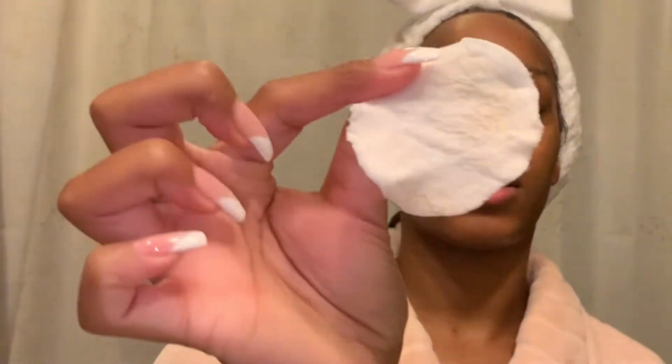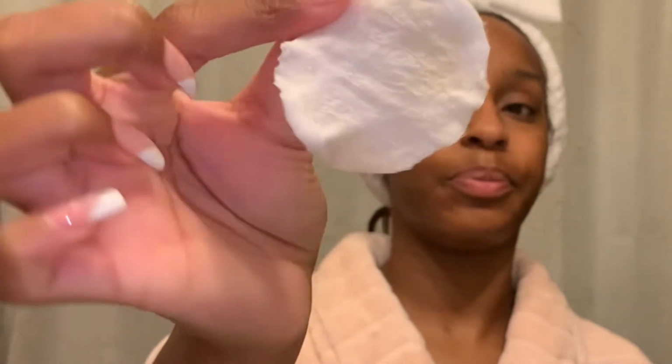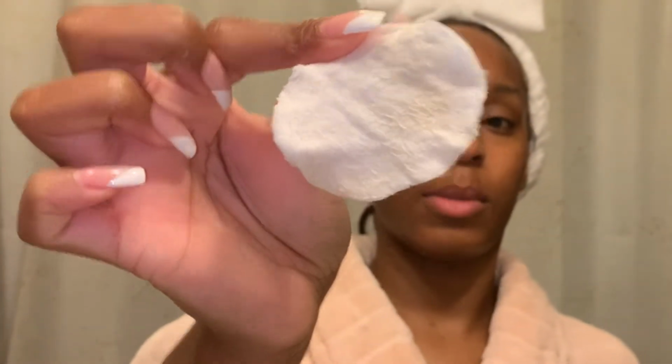But yeah. And last but not least, I go under here, under my chin, because that's normally where a lot of the product that I wash my face with kind of just sat. So I do that part last, and as you can see, I still had a little bit of dirt, just a little bit. But I'm gonna let that sit on my face and completely dry before I come back and put the next product on. Now that it's completely dry on my face, the next product I am going to go in with is